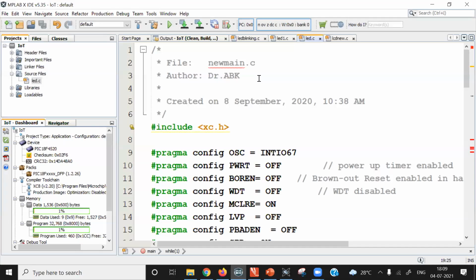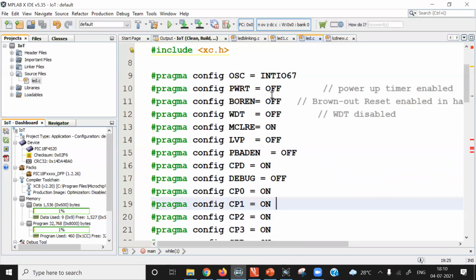Yesterday we discussed how to configure the configuration memory and how to get smaller C code through the configuration task pane. So I have already written here these pragma directives for configuration of configuration memory. They will remain the same for our next few programs, so we'll just copy paste this part in other programs. #pragma config OSC = INTIO67. We have selected on chip oscillator.